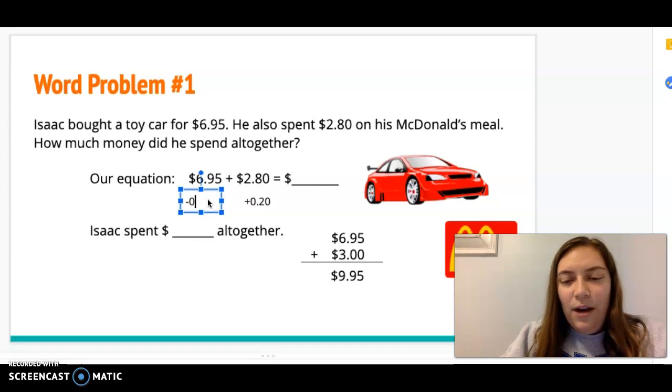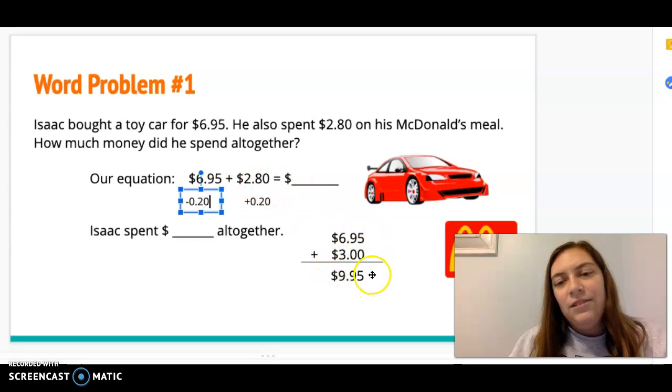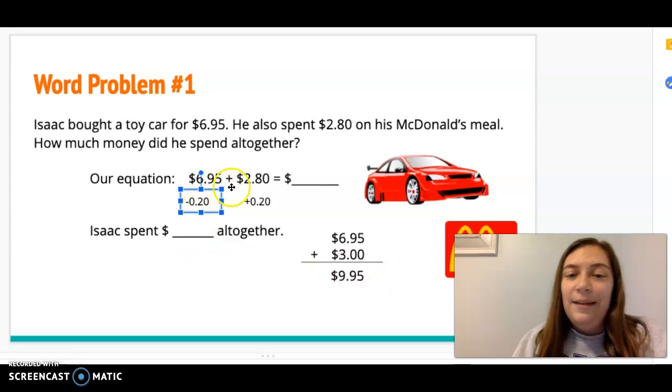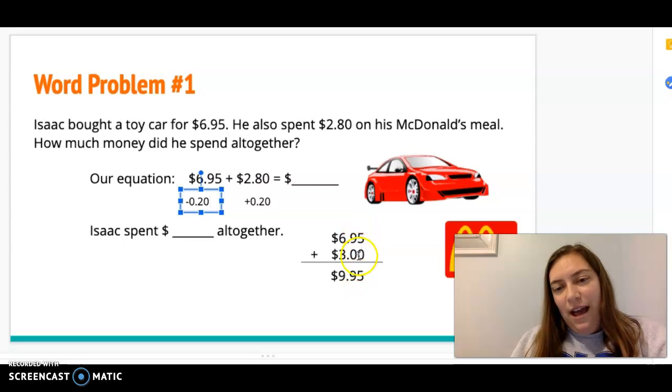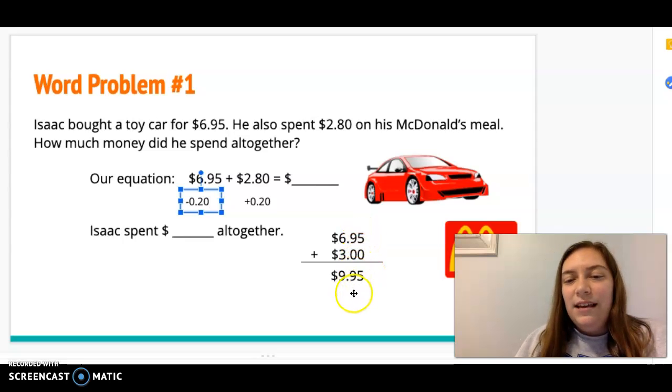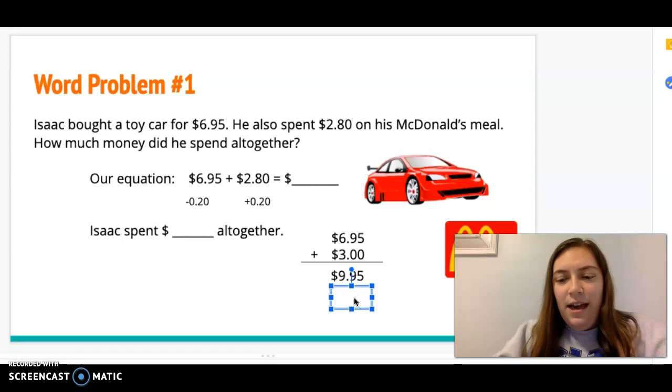I need to take away 20 cents. Since I added 20 cents to make my answer easier, because I didn't want to add 9 plus 8 and 5 plus 0, I just wanted to add 5 plus 0, 9 plus 0, all I have to do is take 20 away